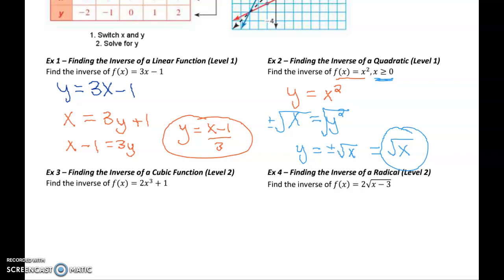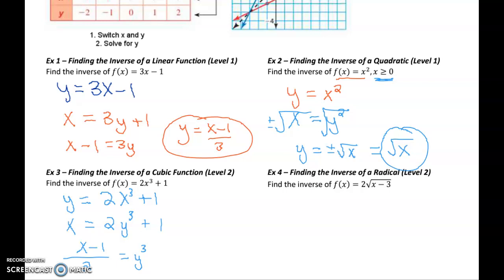So the inverse of this square is the square root. A cubic, you should recognize that the inverse is going to be a cube root function. But so we have y equals 2x to the third plus 1. We're going to switch x and y and then solve for y. So here I have done x equals 2y to the third plus 1, subtracted 1, and divided by